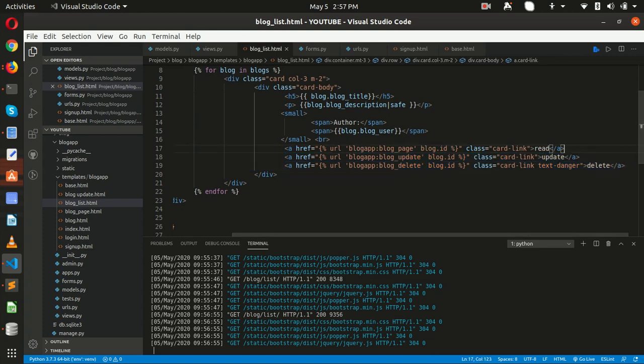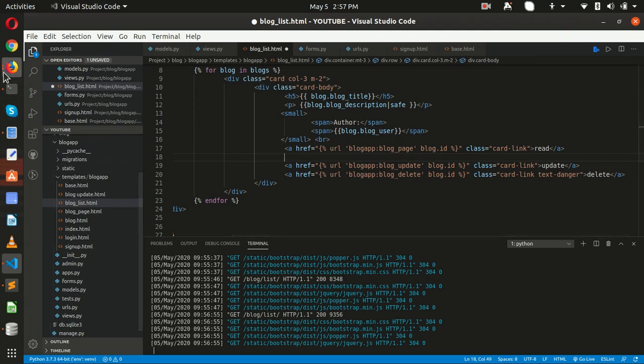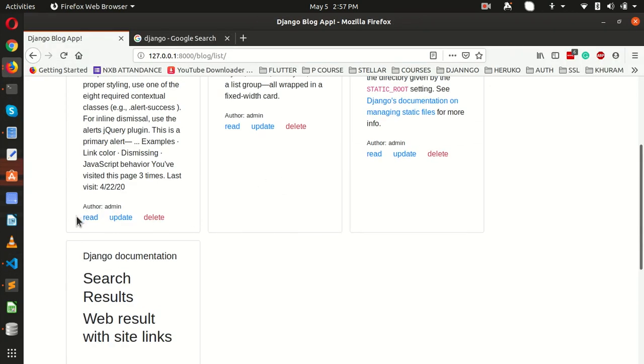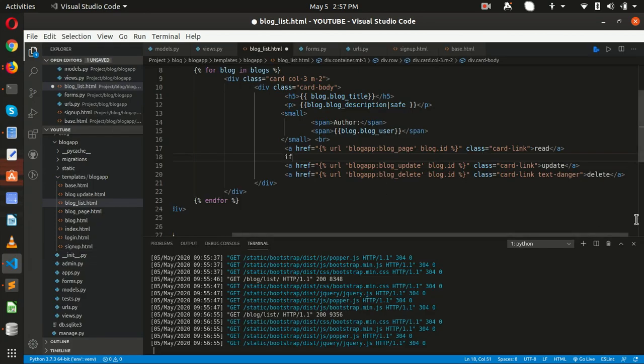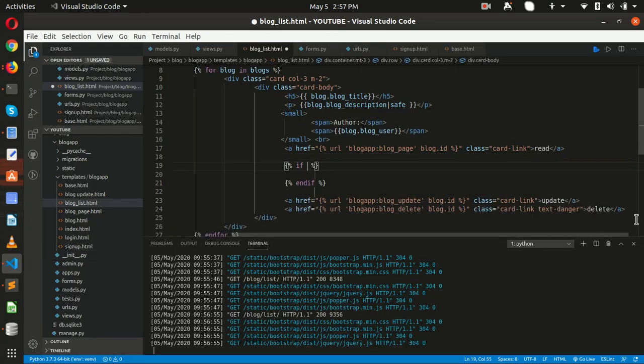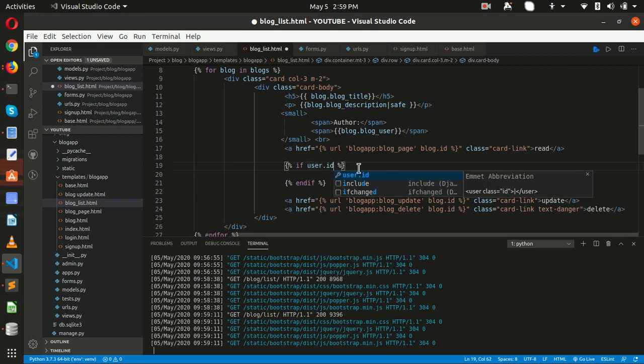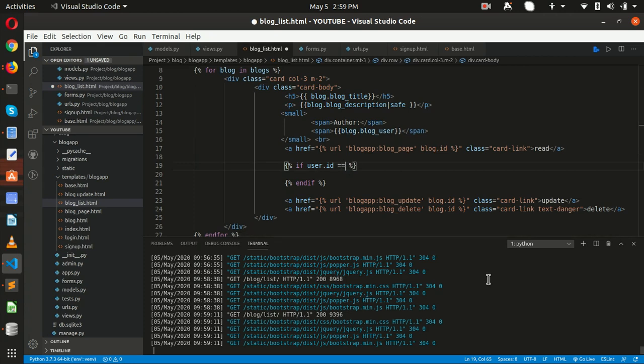Right now we are able to get this functionality for every blog, so we don't need that. So let me put if, and what we can say, if user dot id is equal to blog dot blog user.